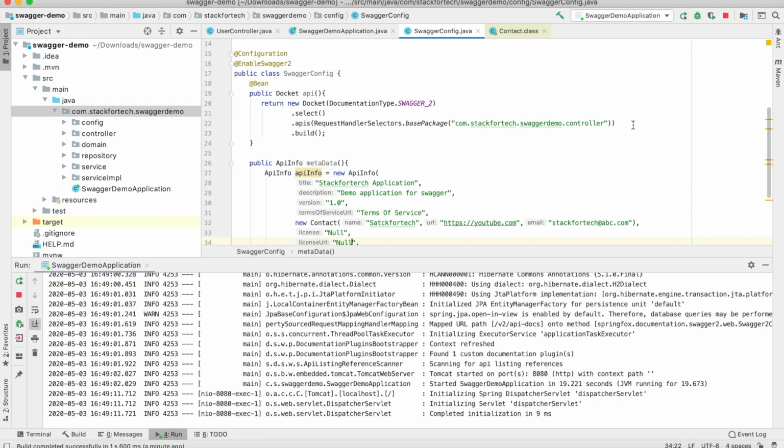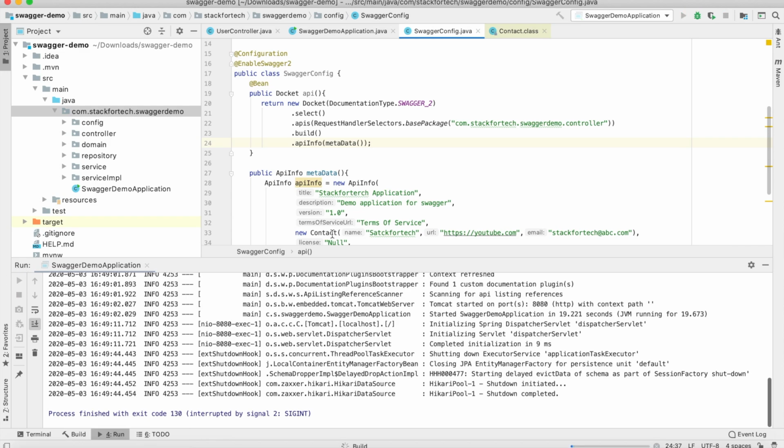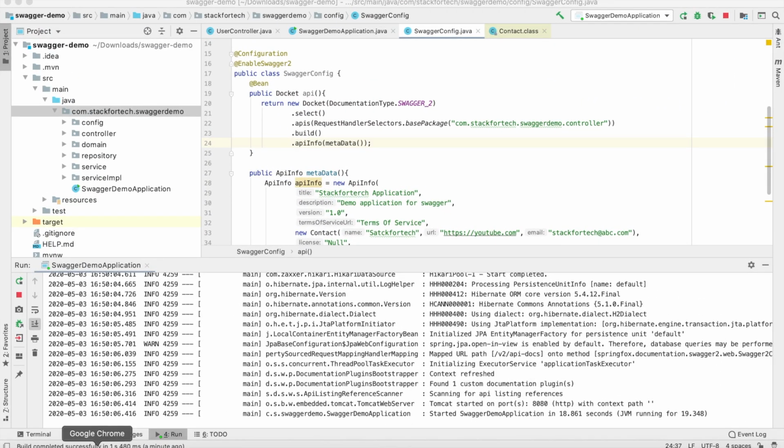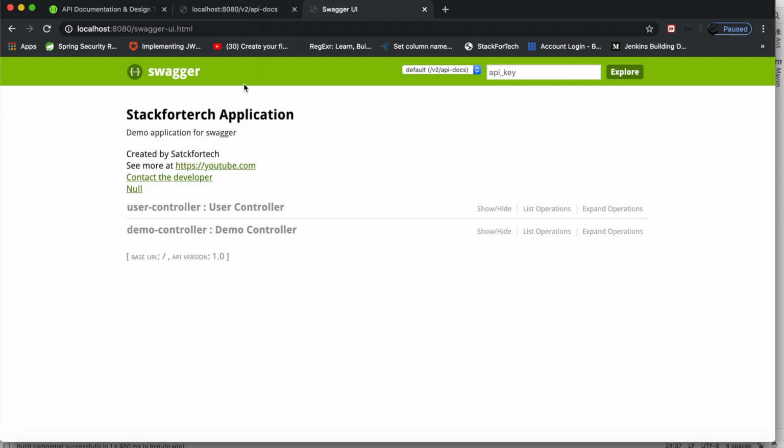For that purpose there is a call, dot apiInfo, and we'll put that metadata function in it. Now if I restart the application, it should show these details. Let's go back to the browser and refresh the page, and here it is.